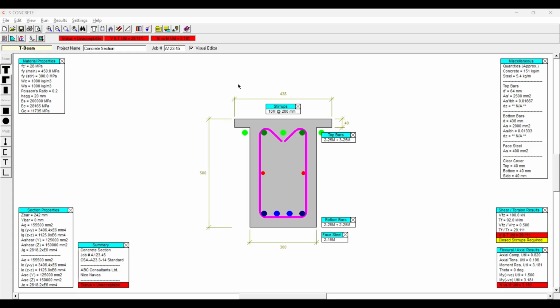The software verification confirmed that the beam satisfied the required flexural and shear strength checks. The generated P-M interaction curve and shear spacing envelope demonstrate that the selected section is structurally adequate, while any minor differences from the manual design are attributed to the software's optimizations and detailed code compliance checks.